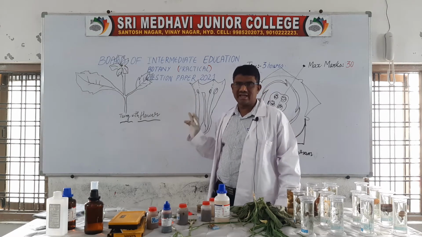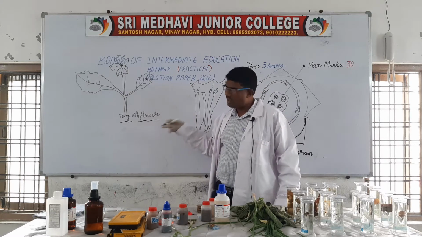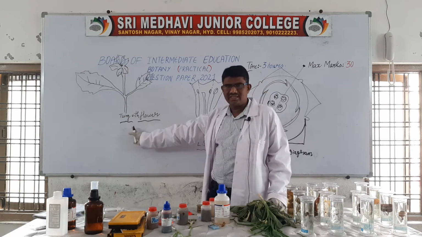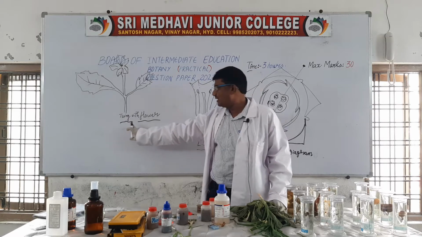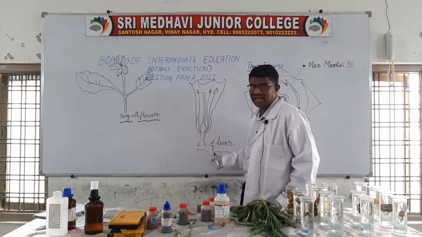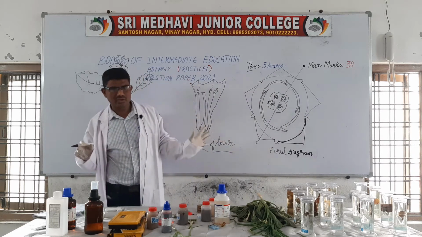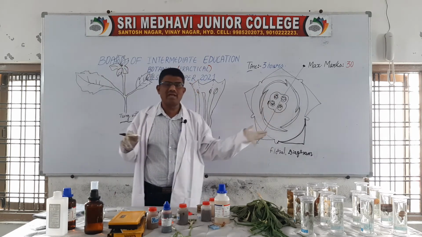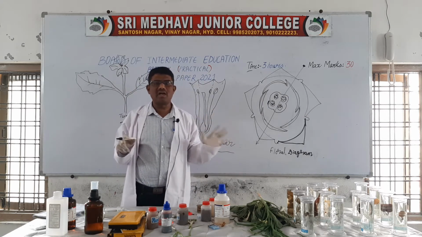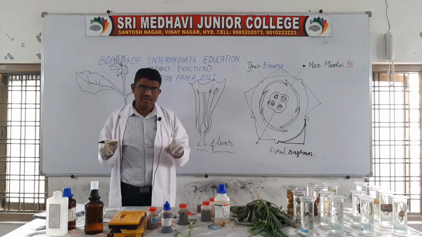What diagrams do we have to draw? The diagrams are necessary for the Solanaceae family or any family, either Solanaceae or Liliaceae. The diagrams are: twig with flower or twig with inflorescence, then second, LS of the flower, then third, floral diagram. These 3 diagrams are must. If you want, you can draw TS of the ovary also, but there are no marks for the TS of the ovary diagram. That's why you have to draw the 3 diagrams, one by one in your answer scripts.